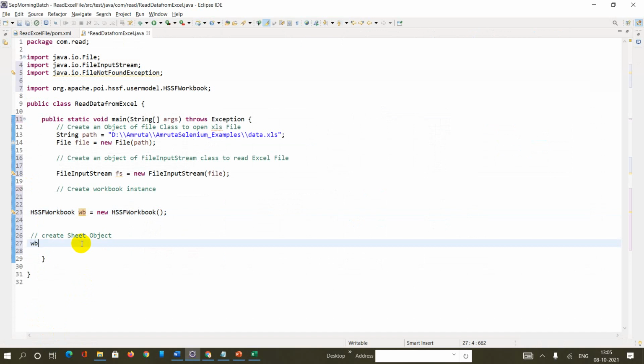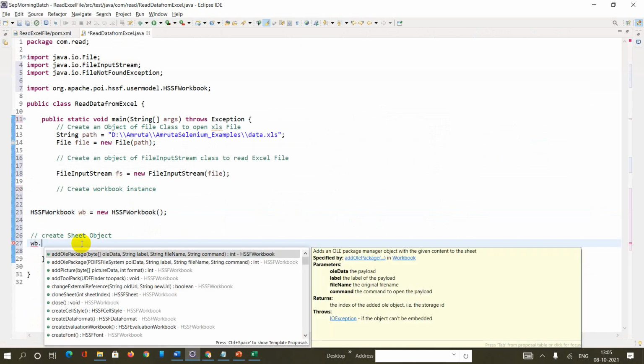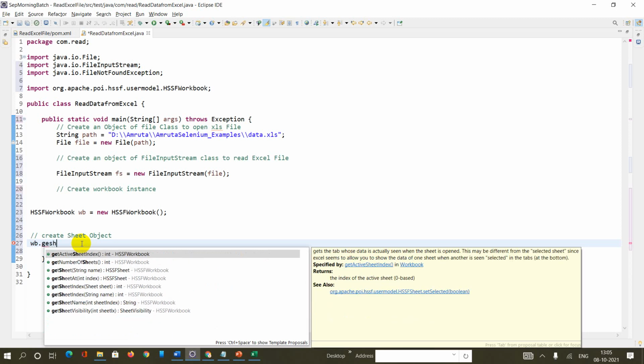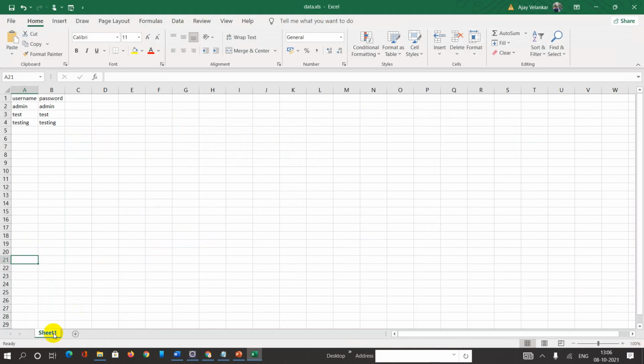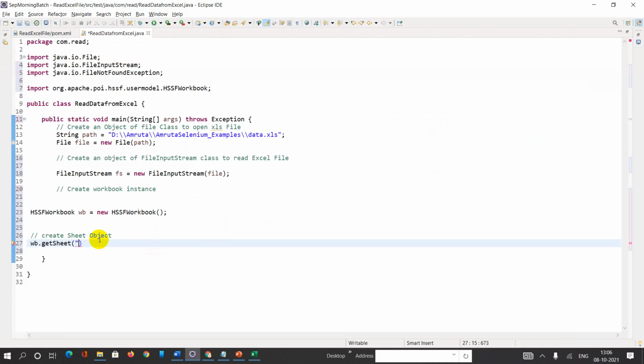So I will say wb, this is the reference variable, and I am saying wb dot getSheet. In which sheet would I like to go? So I can say this is my sheet 1, or you can rename this sheet also. Let's say test, it's my sheet name.